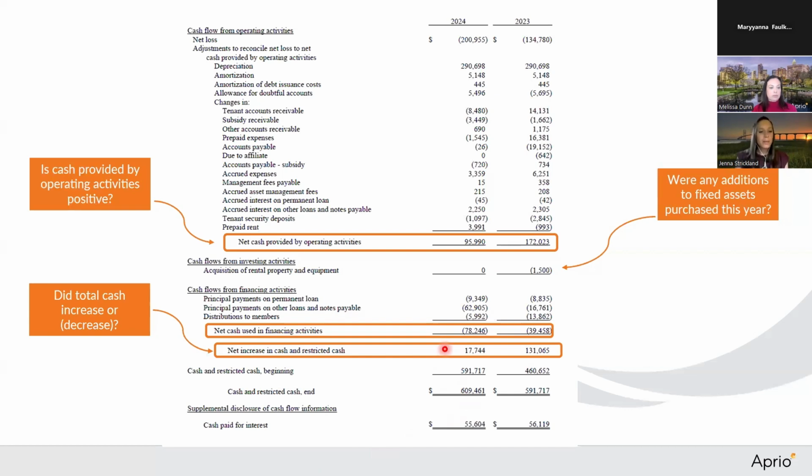And then another thing I wanted to mention is this is including your cash and your restricted cash. So a lot of times people might think this is just your operations, but this also does include your restricted cash, which might be those escrow balances and reserves that we talked about earlier. So that's your cash flow statement. It is a requirement for all GAAP audits. It can be confusing, but it does really paint the picture of what happened at the property during the year.